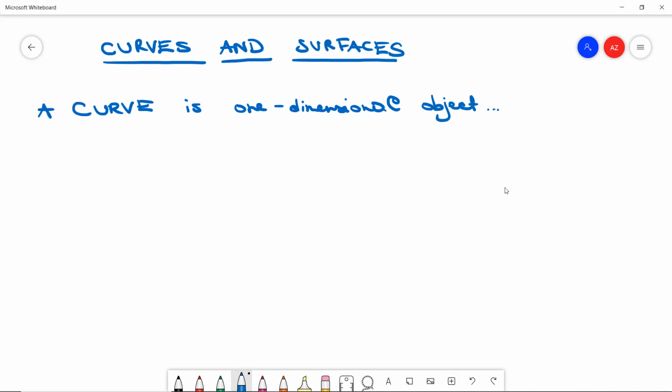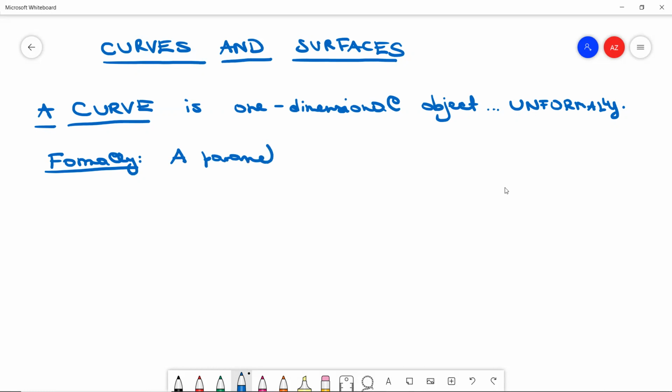This is informal, and formally, now that we know the notion of a vector function, a curve is just some vector function. A parametric curve is a vector function f which maps from some interval into m-tuples,